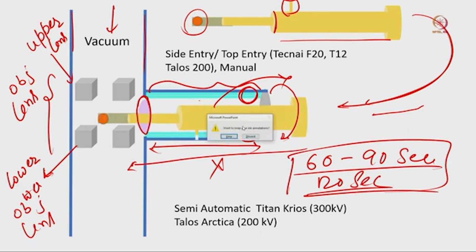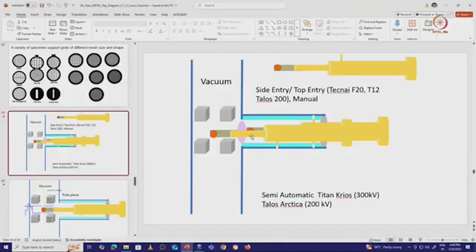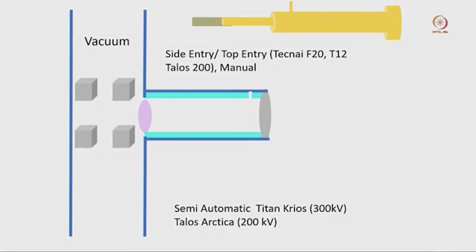So, here I wrote too many things. I will just go through this cycle one more time, so it will be easier for all of you to understand how this is working. This is the holder we have, this is the holder tip. Now, you can see the grid has come and is fixed here, and this is the pin. This pin will go and lock in this particular position. Then the entire goniometer, this is the goniometer, will be under vacuum for some time,